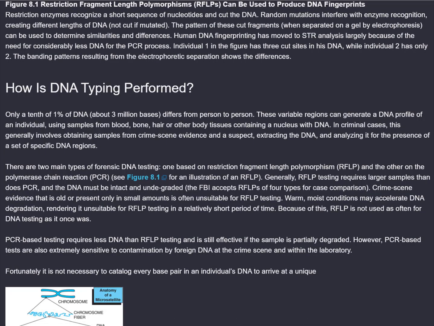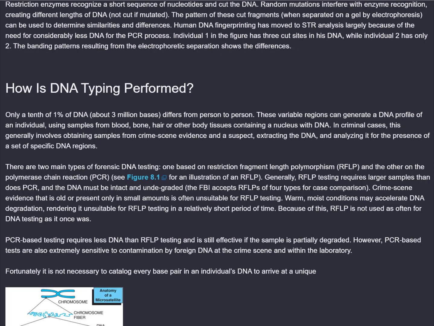Figure 8.1 Restriction fragment length polymorphisms, RFLPs, can be used to produce DNA fingerprints. Restriction enzymes recognize a short sequence of nucleotides and cut the DNA. Random mutations interfere with enzyme recognition, creating different lengths of DNA, not cut if mutated. The pattern of these cut fragments, when separated on a gel by electrophoresis, can be used to determine similarities and